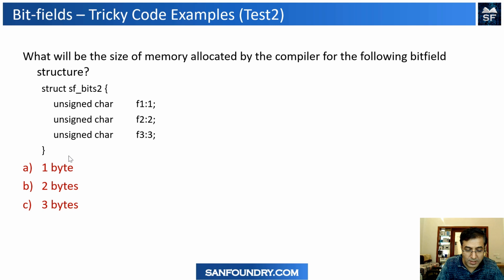As I explained a little earlier, it generally does not matter whether it is comma separated or semicolon separated. The compiler is intelligent enough to allocate and optimize the space. So whether it was the previous test, test 1, or this test 2, you are going to get the same answer. To validate more, we can easily run this code and get the data. I do have code on my system where we can run it. Let's move to the third one.